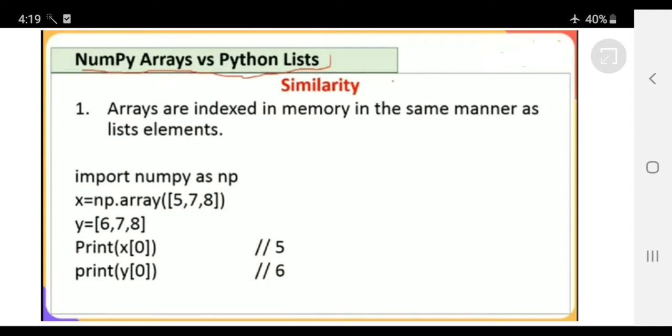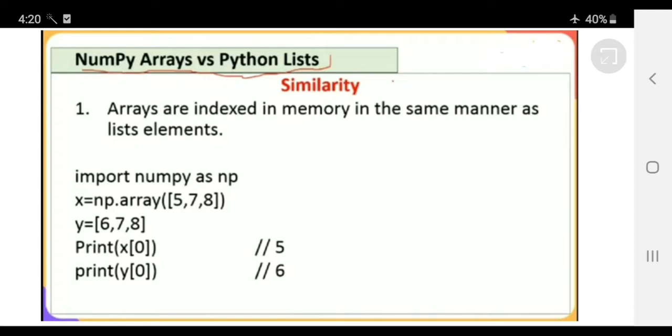Then the third definition we saw was shape. How many elements are there in the first dimension, the second dimension and the third dimension? So it tells about the number of elements in each and every dimension, that is the shape. And the fourth definition was dtype. It tells about the data type of individual elements present in the array. And one more definition, itemsize, tells about the size of each and every item.